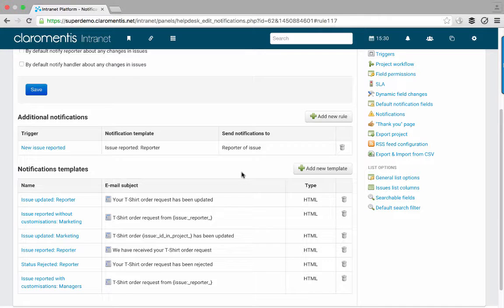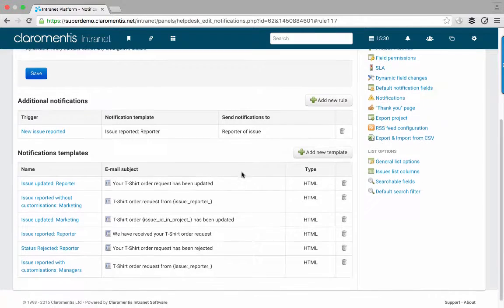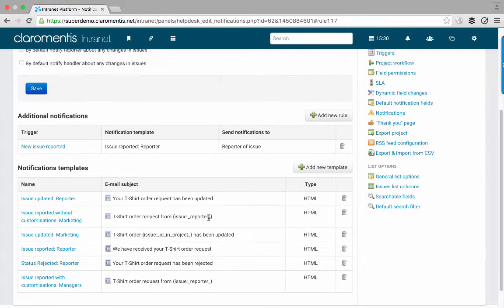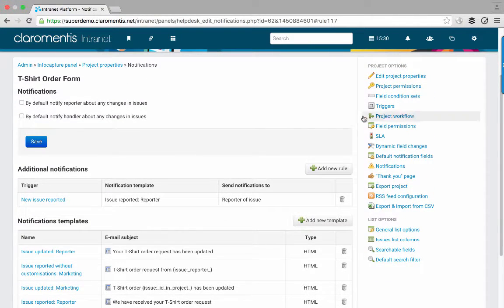So if we have a look at another one now, we've got two which are set up here for when an issue is reported. We've got one for when there's no customizations, and we can see that I'm going to send that to marketing. And then we've got a template where a new form's been submitted with customizations, and that one would go to managers. So going back into triggers,